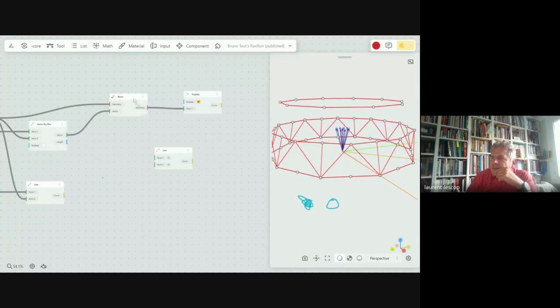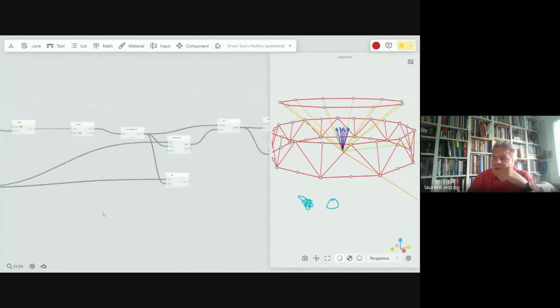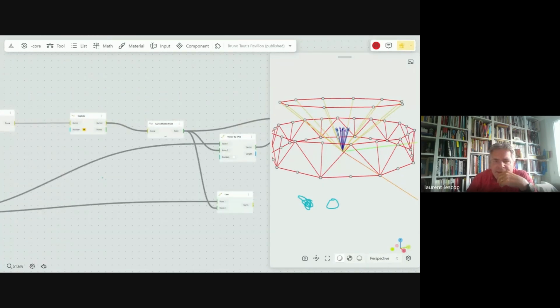Okay, geometry moves. So here it's going to be my endpoints. And now I've got to find which point. So you understand that I need that one and that one.